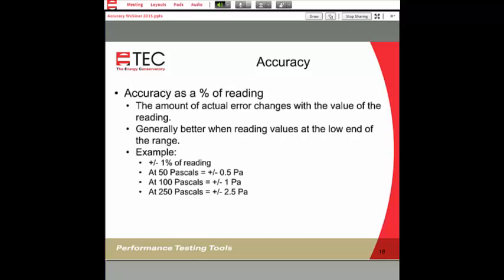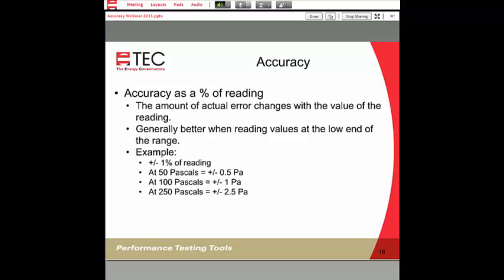So let's talk about the first one, accuracy as a percent of reading. This is the amount of actual error that changes with the value of the reading. Generally, this is better suited when you're trying to read values at the low end of the range. So for example, if we say something is plus or minus 1% of reading, when we're at 50 pascals, that is plus or minus 0.5.